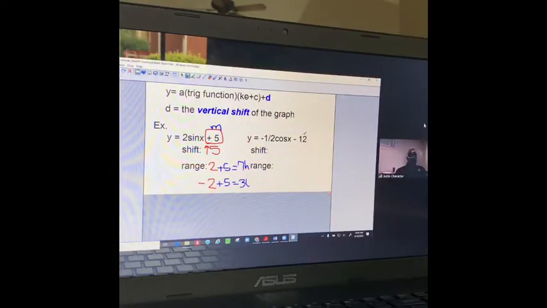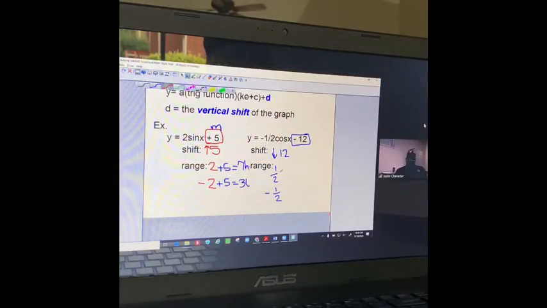All right. So the shift here is down 12 because as you can see, it's over here. You take the negative sign with it. I'm going to fast forward this one because we have worked with fractions too many times for me to go through this whole problem. However, the range begins with 1/2 and -1/2. But it gets adjusted by this -12. So I then say -12 here,